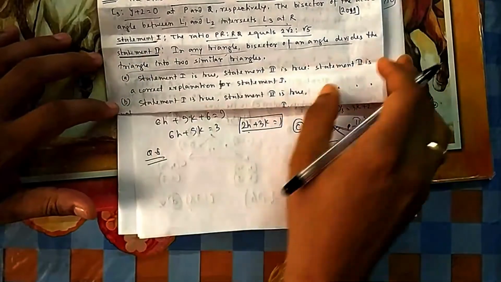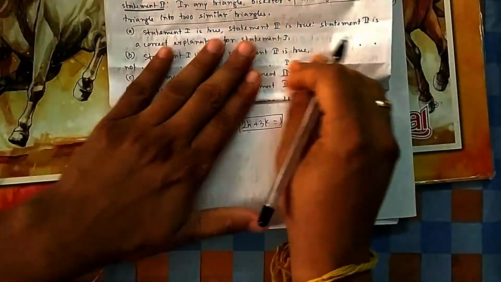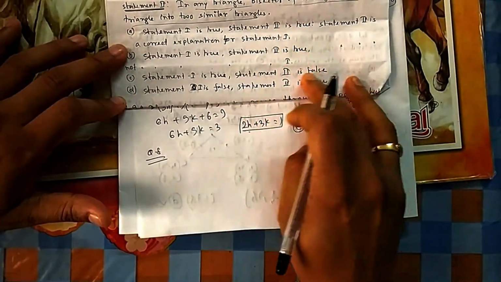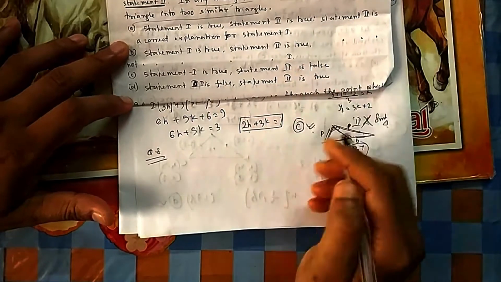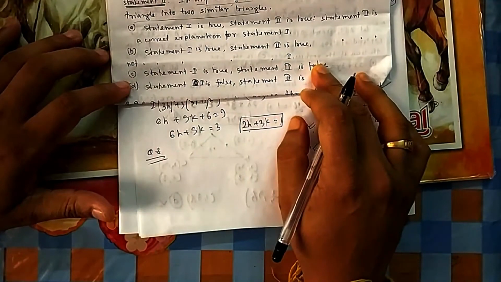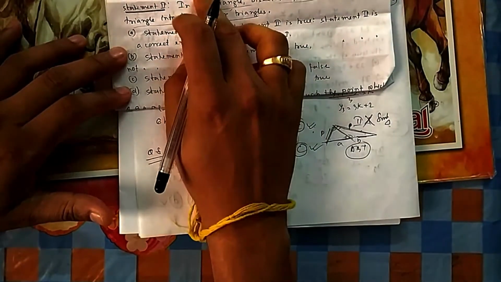If statement 2 is false, that means there is only one option in this assertion-reasoning type. So you will see here statement 1 true, statement 2 false, 2 true. So which one will be the answer? C will be the answer. Without doing anything, you can directly give the answer. C is my answer, because statement 2 false is the only such option. So you read this statement first, initially both.